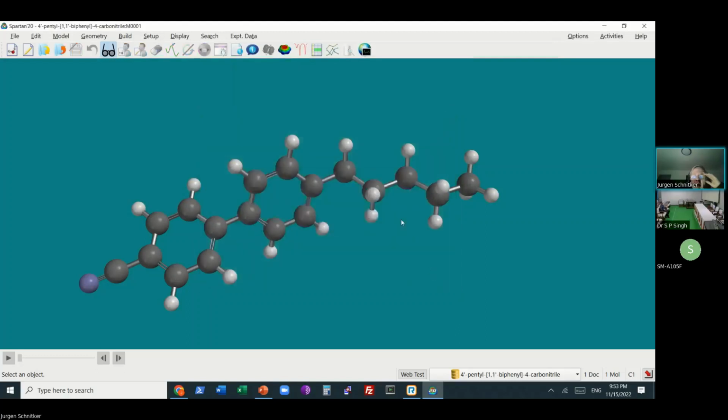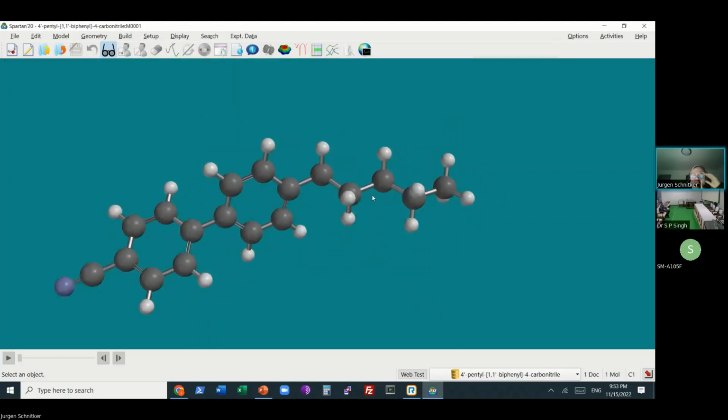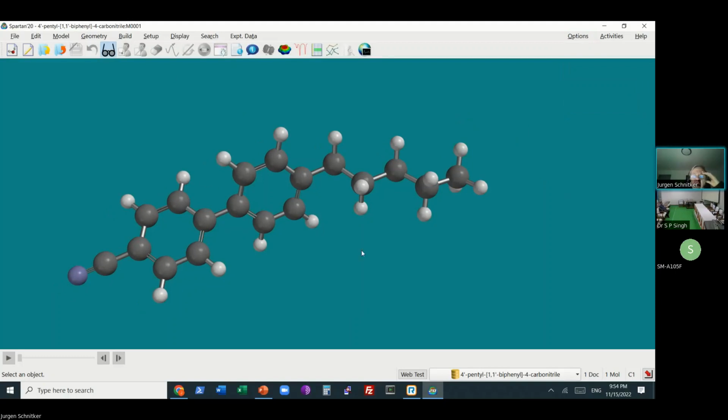My job has now started, and I can actually look at the job while it's running. It will take about a minute. It will be so quick because I won't try to minimize the energy. I will calculate the wave function for the structure as is. If I were to minimize the energy, everything would go up by an order of magnitude approximately. Instead of 1 minute, it would take 10 minutes.